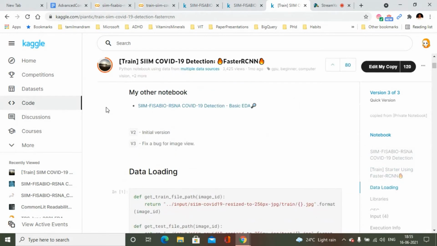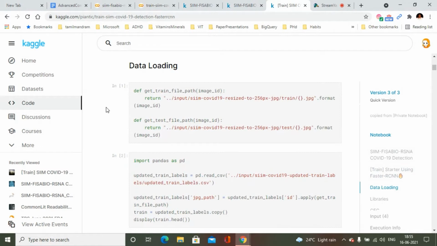In the previous notebook, we saw how to load the data and a simple exploratory analysis on the data set. Now let's check out the modeling part. I have a couple of utility functions.